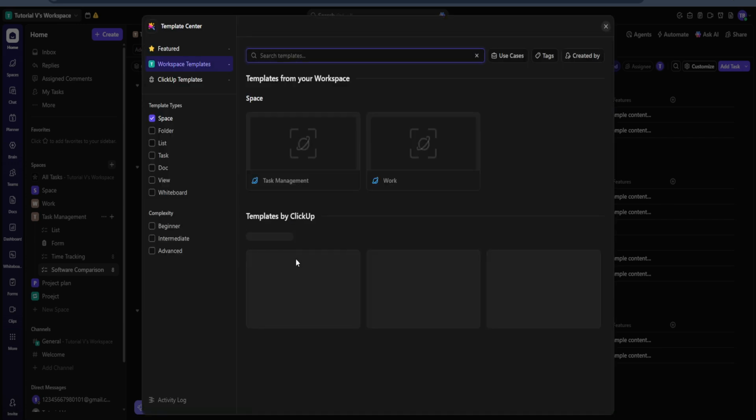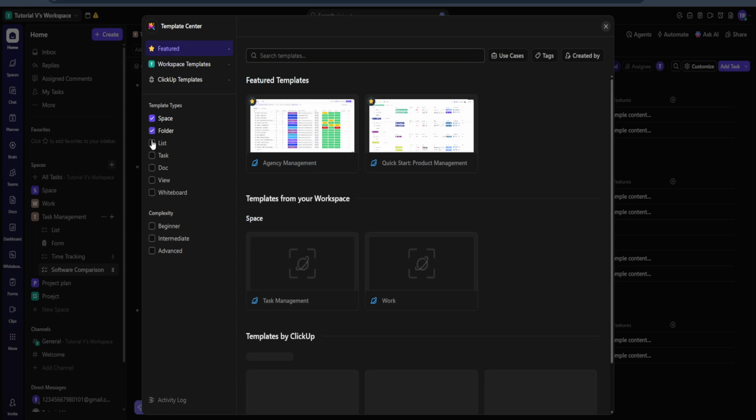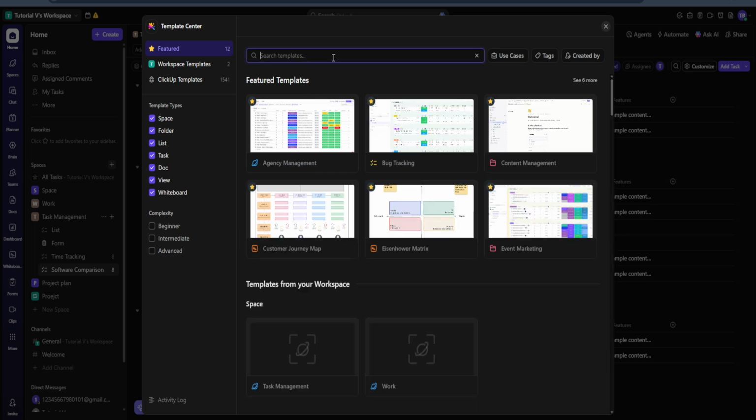What you'll want to do next is to click on templates. Templates are a fantastic way to start structuring your projects quickly and efficiently, since they provide a predefined structure that saves you time. They can significantly streamline the setup process by giving you a ready-made framework that can be adjusted